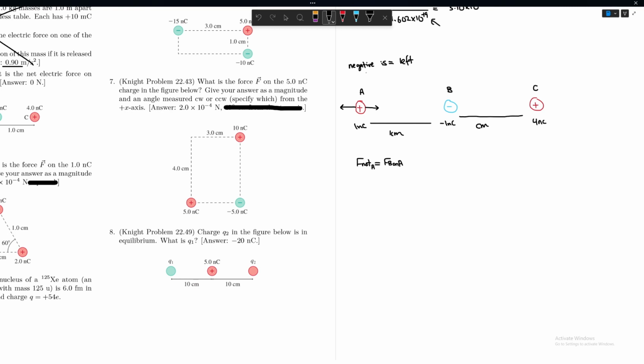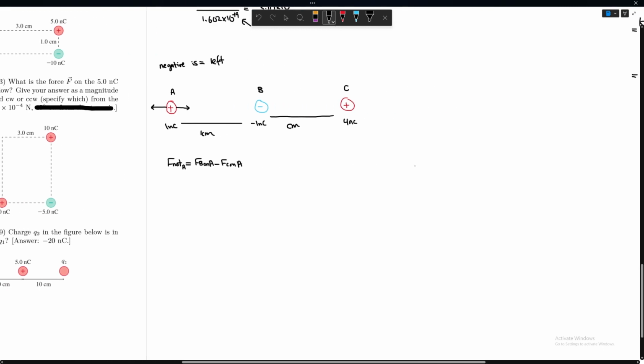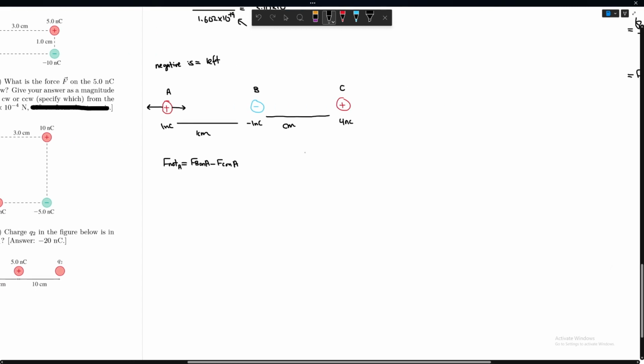Okay, so that's my negative. My negative is to the left. And so the force that B exerts on A is to the right, which means it's positive. Now the force C exerts on A is to the left. That means it's negative, right? And so this is C on A. Now you've got to come here and get both of them. So F B on A